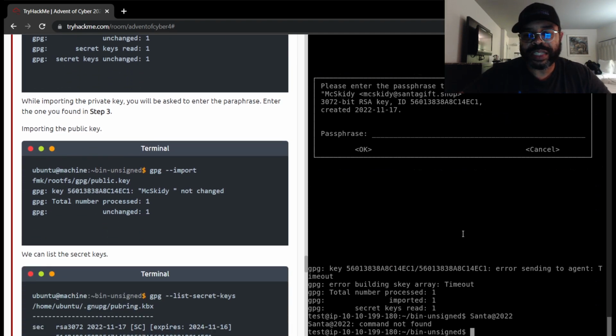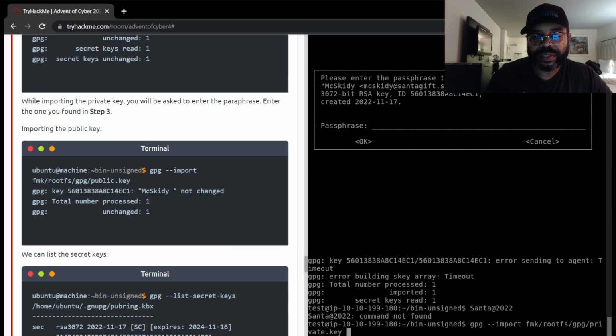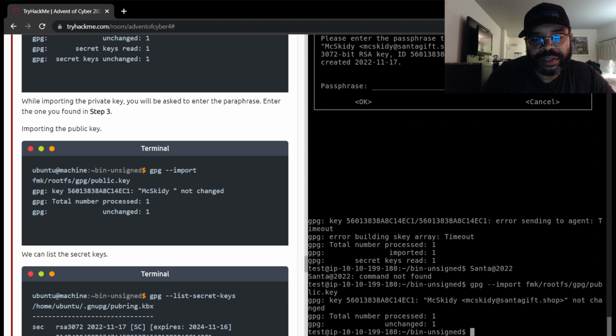We're going to do the same thing, a GPG import, and the only difference is it should be the same path, but it'll be the public key. So pub, and I'll tab that out. Just type in that, and it comes back and says total processed 1, unchanged 1, and we got